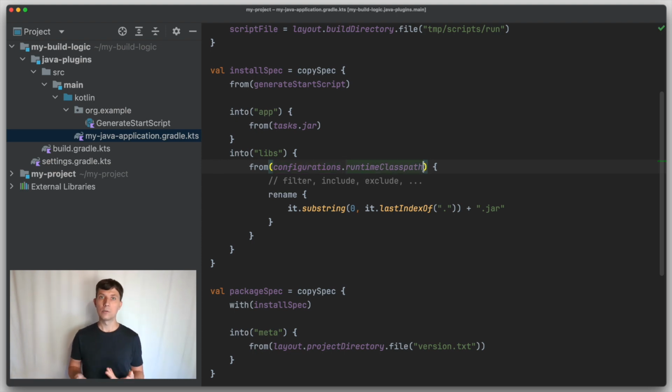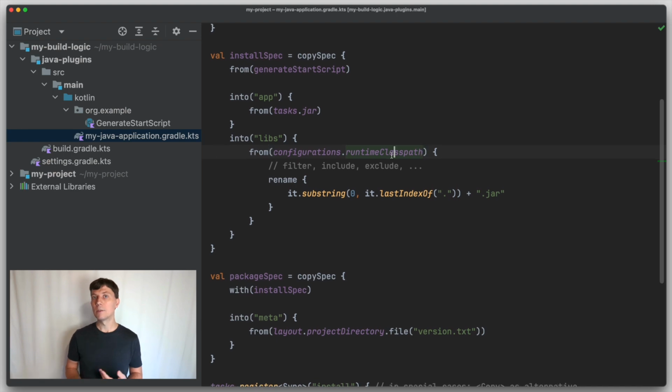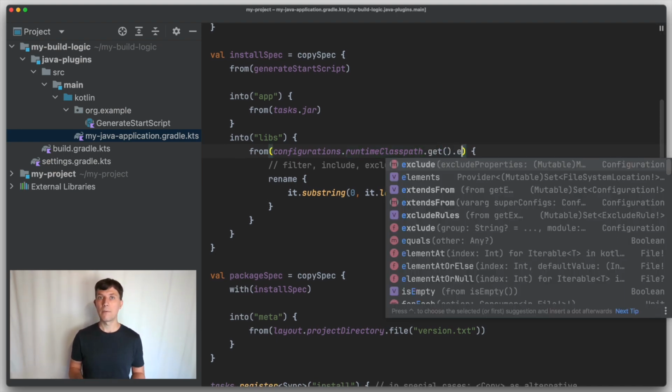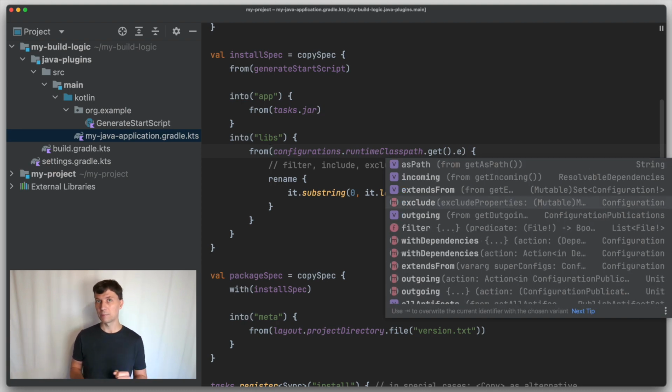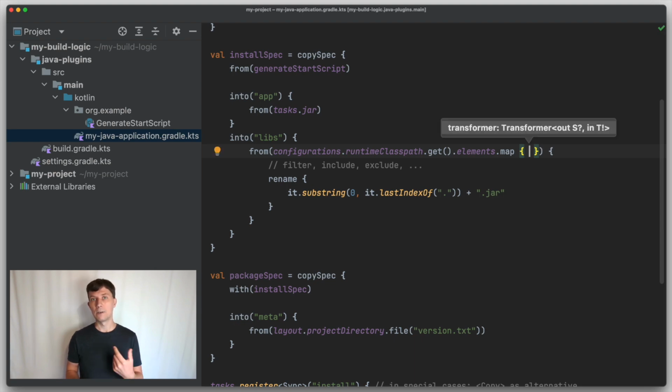For example, looking again at the external dependencies, if we don't want to zip up the jar files, but instead would like to take out the class files and use them directly, we could do that as part of the spec. Now this can become tricky if you deal with multiple zip or jar files like we do here. In such a case, where we have a configuration like the runtime class path here, we can use the element methods to map the configuration to a provider of a list of files.